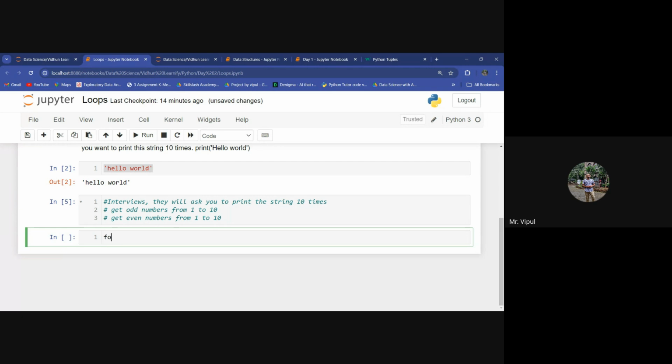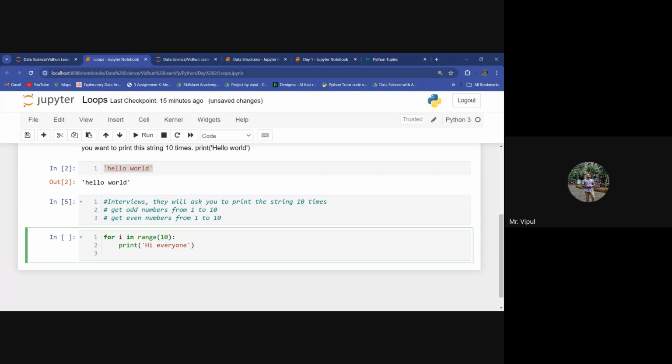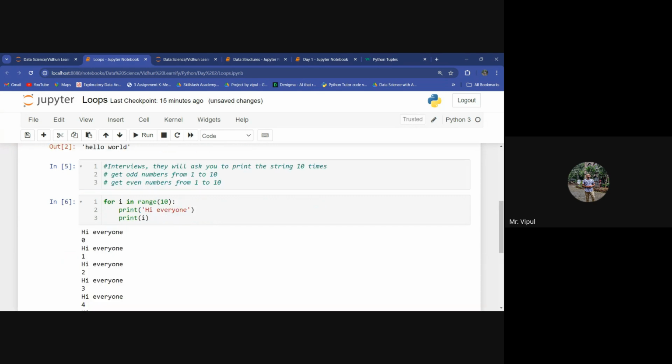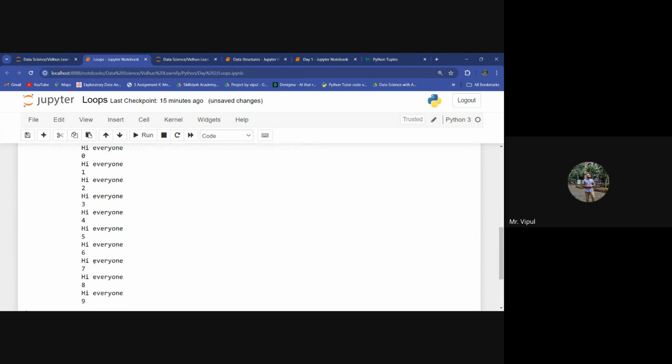So if I write for i in range 10, I'm giving range 10. I want to print hi everyone, and I want to print the iteration as well. Print i. So it is printing hi everyone 10 times.